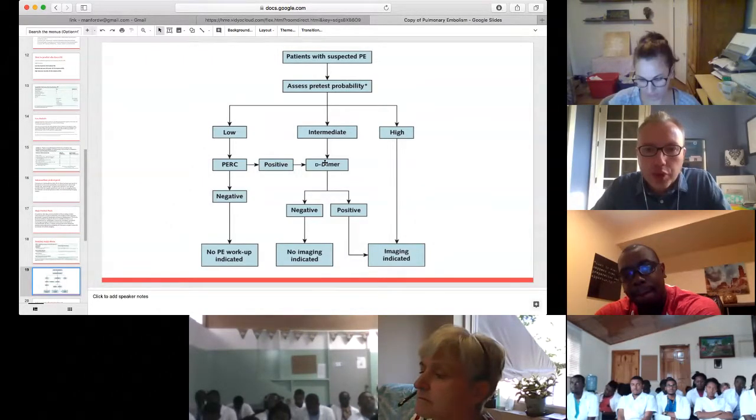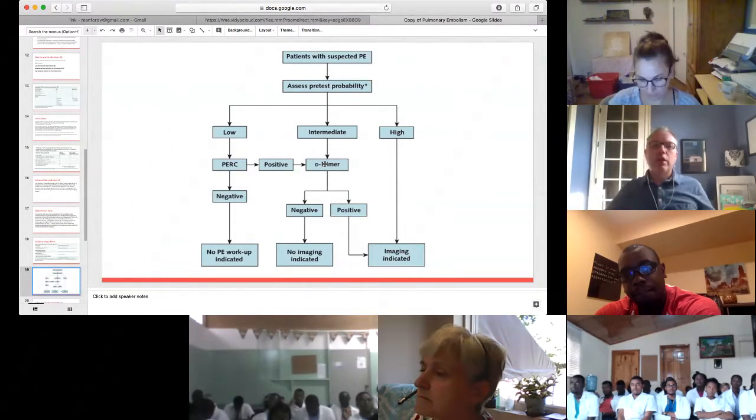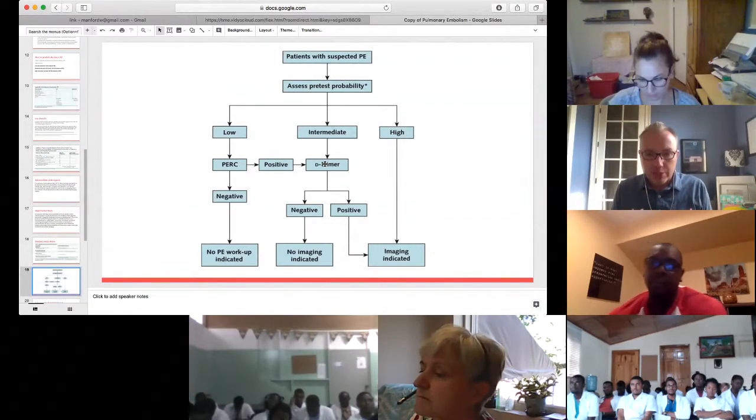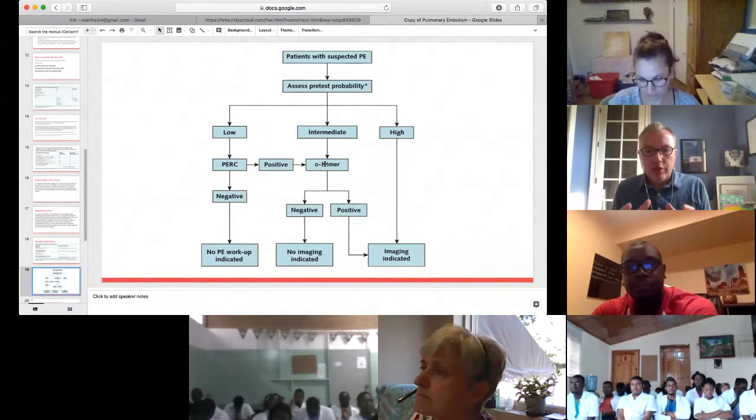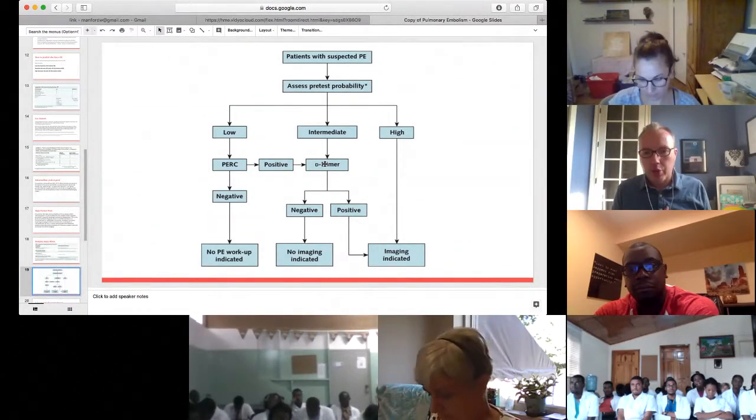So in that case, in the States, we would use a D-dimer. In other words, we would look at whether a D-dimer test is negative. In the hospital that I work in, for instance, that tells me that there is a less than 5% chance of having a clot, or pulmonary embolism,